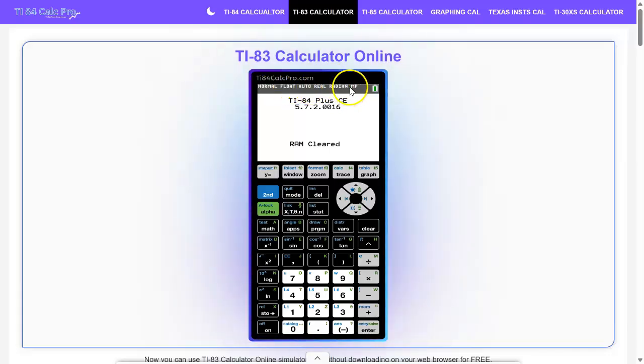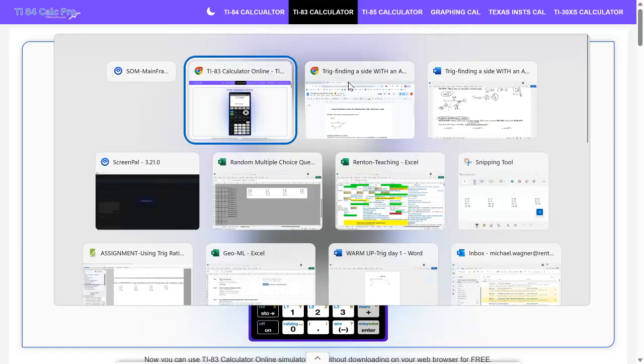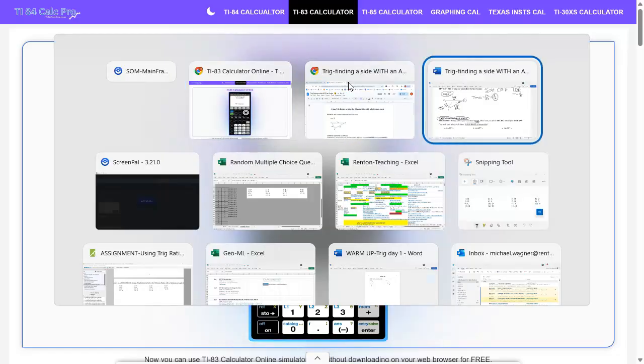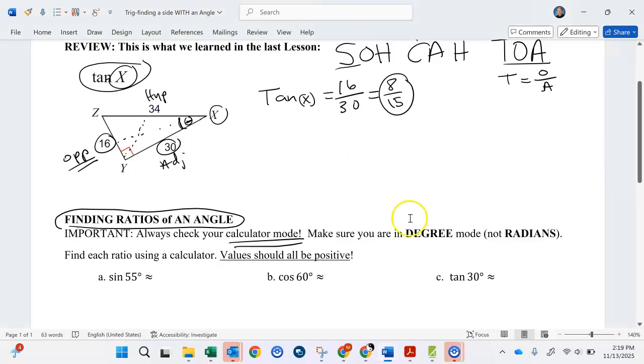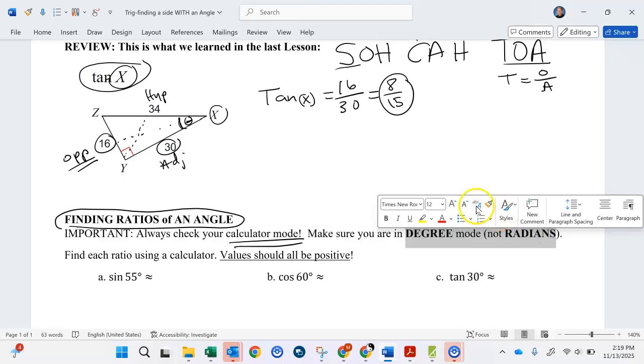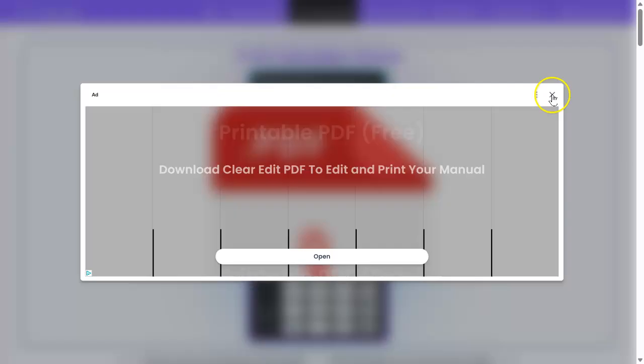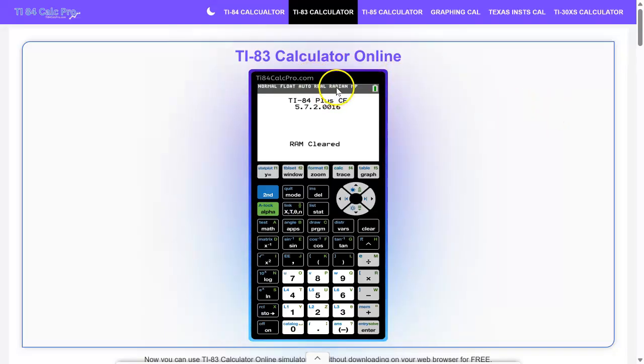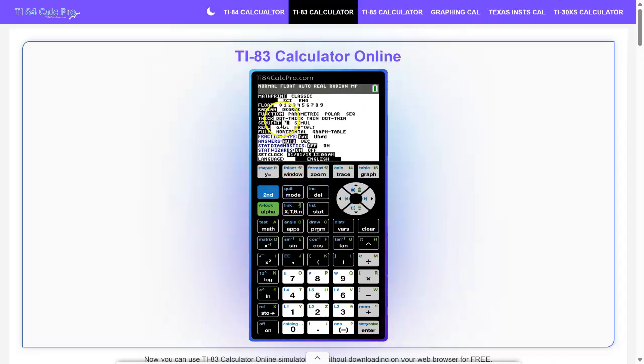This one right here is the mode that we need to make sure it is on. We need to make sure that it is in degree mode, not radians. If you look up here, it says radians. We need to change that to degree. How do we do that? We go to mode, and we see where it says right here,